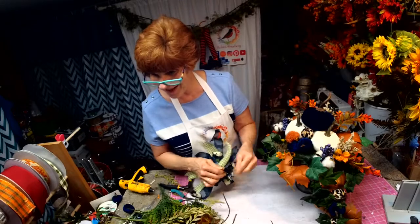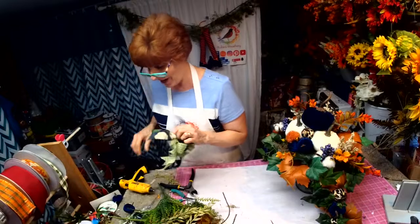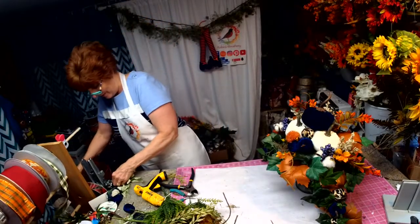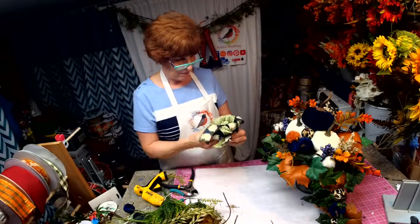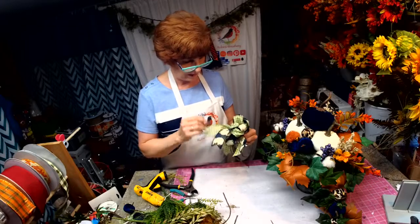Don't you just love it? Oh, I'm going to intermingle it now. And we're plastering this sucker in there,